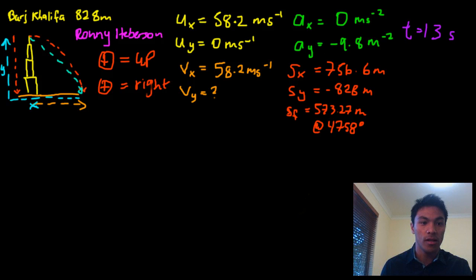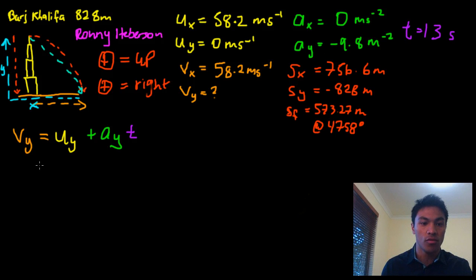So we know that Vy equals Uy plus AyT. Beautiful. And if we plug in these values here,